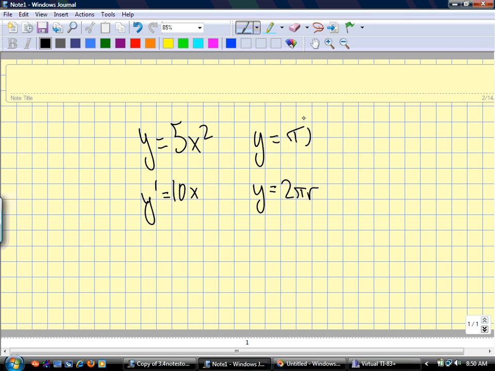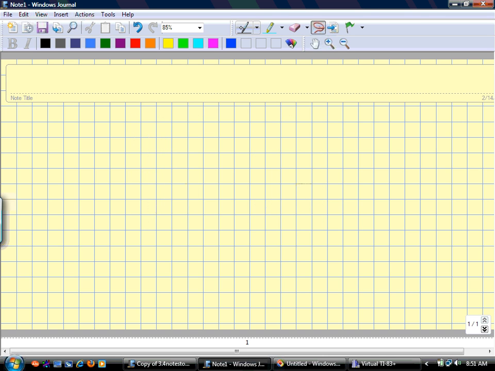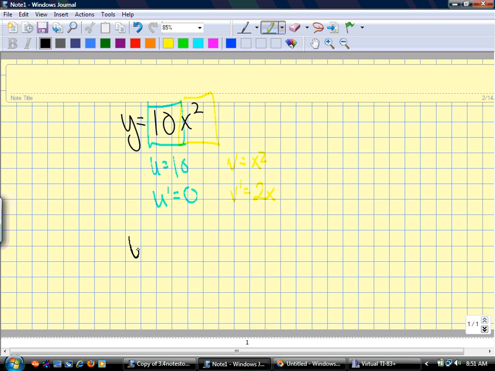Now, you want to use overkill? Here's overkill. We all remember the product rule. We practiced it this past week. So, product rule. Okay, so y equals 10x squared. If you were really crazy, the first is 10. The derivative of the first is 0. The second is x squared. The derivative of the second is 2x. So if you want to do y prime and put it in the formula,